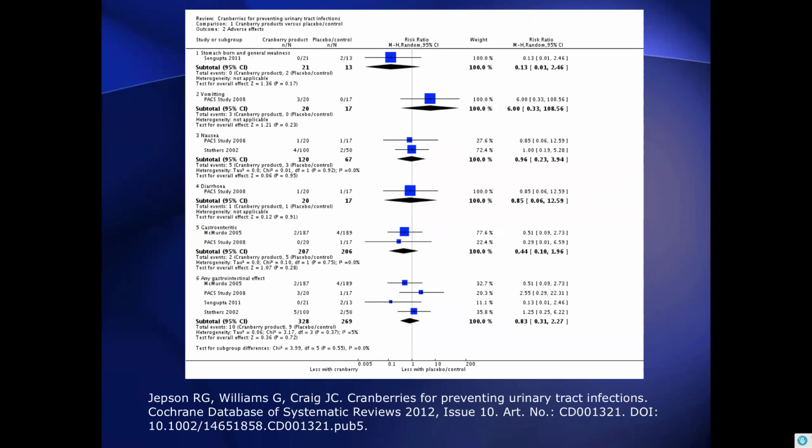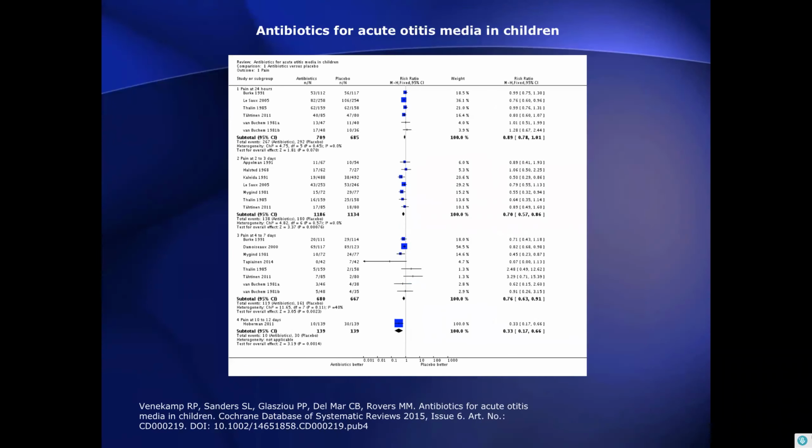We also have a problem, even when the same outcomes are measured, that the time points of those outcomes could be very different across the included studies. So here's an example of using antibiotics for ear infection in children, looking at the comparison of antibiotics versus placebo. And the outcome we're interested in here is pain. And you can see the different way pain was measured across the different studies. Pain at 24 hours, pain at 2 to 3 days, pain at 4 to 7 days. And while in some ways it might be preferable, and judged as important, that pain is measured across each of those different time points, the problem is you can see in this that not all studies measured all time points. Again, information is lost.